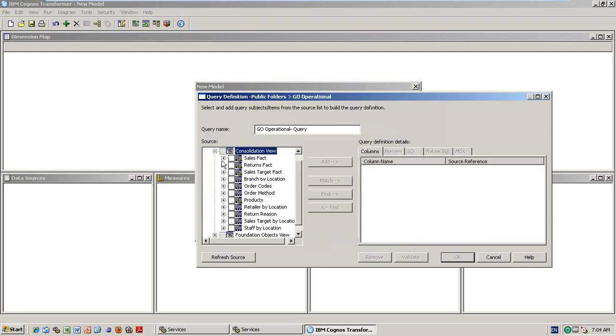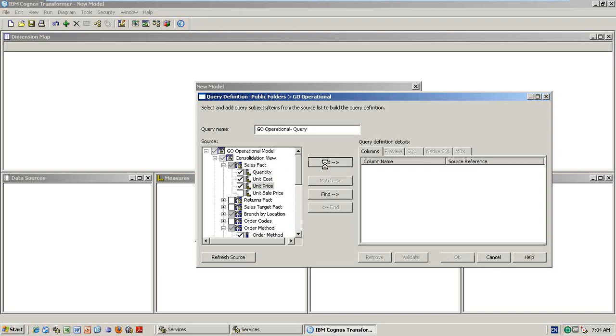And how to build the cube? Whatever columns you are expecting: product line, product type, product name, order method, and maybe location, region, country, city, province, state. Sales fact, quantity, unit cost, unit price.